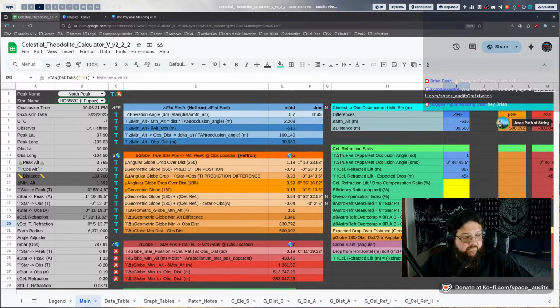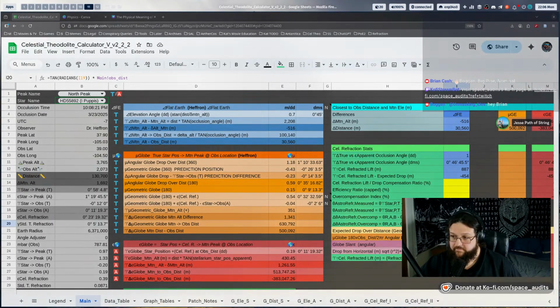Oh, so when I time an occlusion, I use Stellarium to get the atmosphere off at the peak angle. That's not the true geometric angle to the mountain? Sorry, say that again. When you use the observer location, peak off or atmosphere off? Atmosphere off at peak at the time of occlusion. Is that altitude angle, atmosphere off at peak in Stellarium, not the true geometric angle from my position to the mountain?